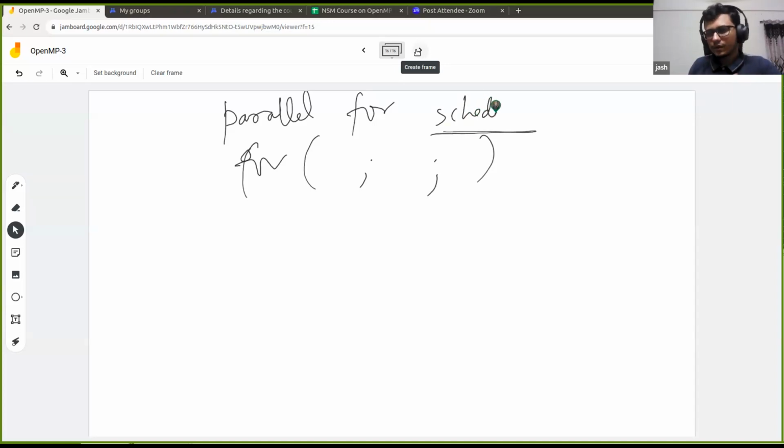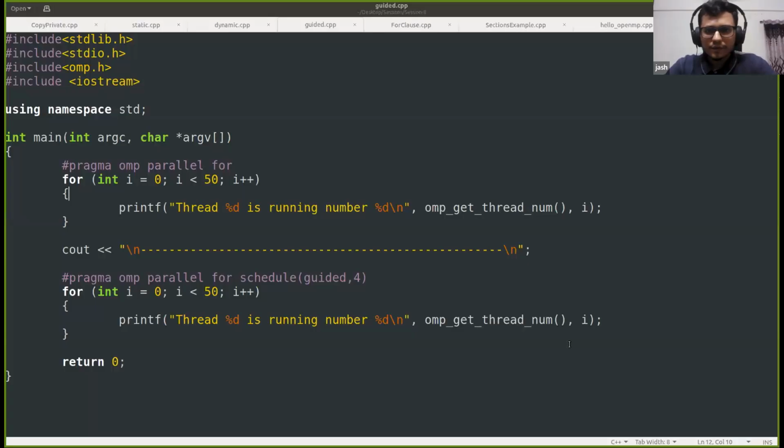So this is what we saw so far. One thing that I quickly want to highlight here is that we can also do this thing. I have a code for it handy. So we can also do this thing, right?